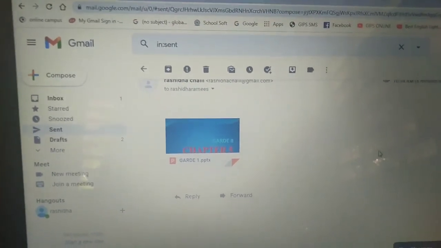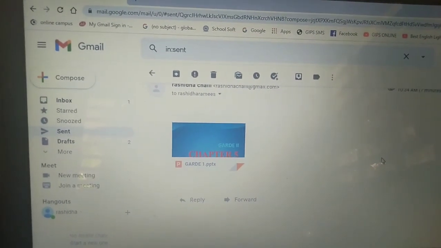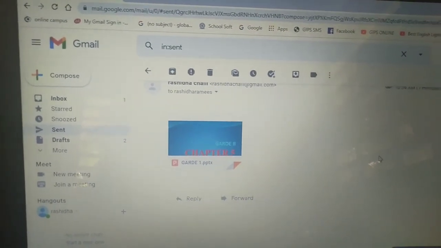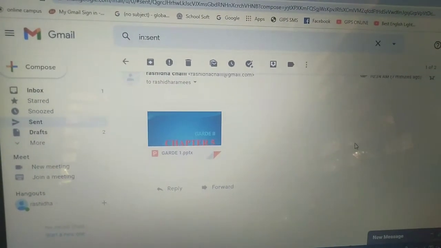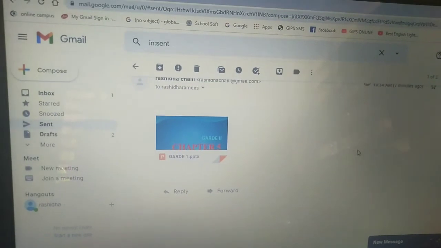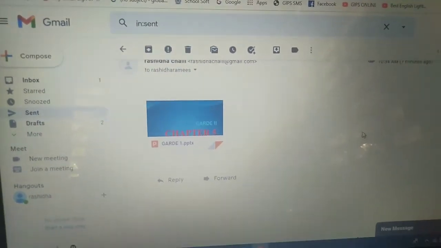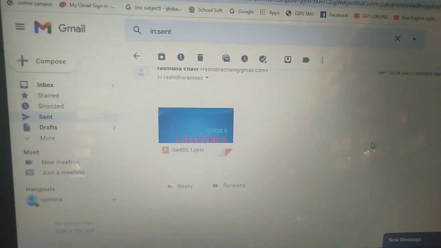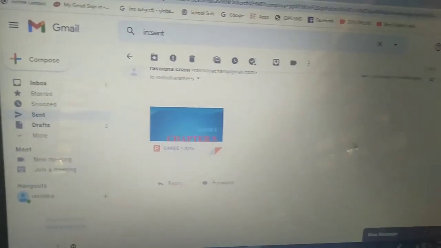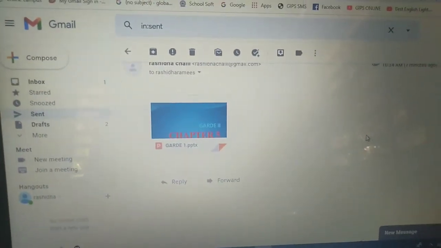You must do this on your smartphone. You can use your smartphone for doing this. In the previous class, I think you created an email account using your mobile phone, and today we will try to sign in to that account.